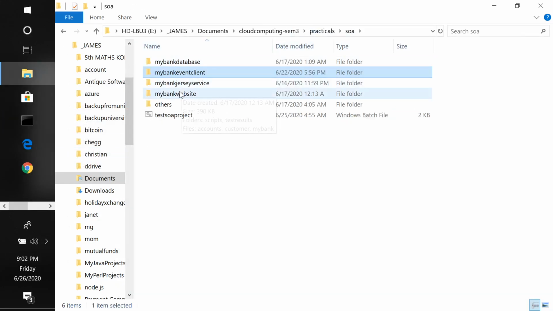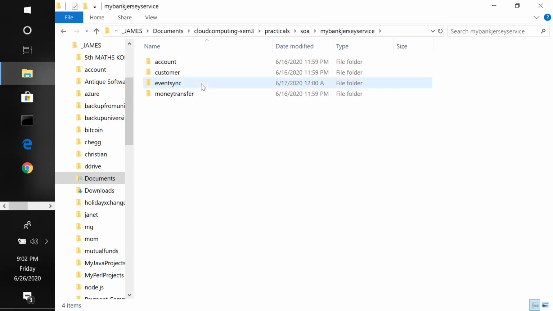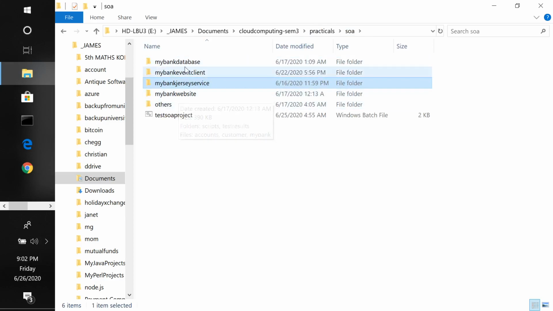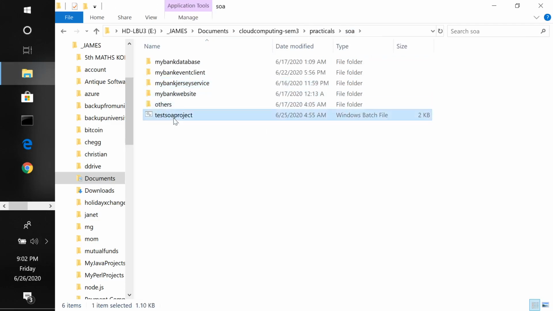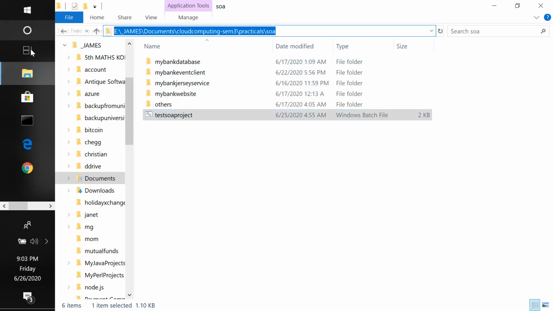For Jersey, I've made sure I can compile database, event client and all the services from one place, and that is this file. This file will call all the other batch files and make sure all the commands are running. This makes it easier for me to compile everything in one go.